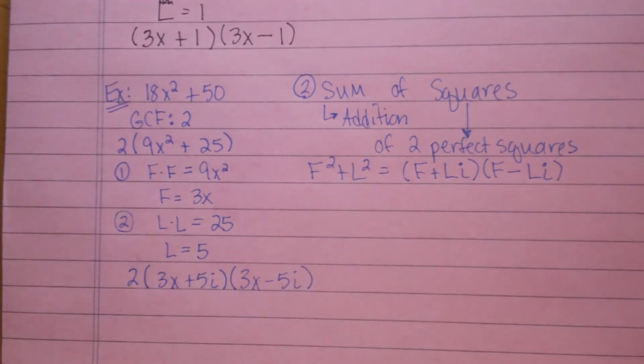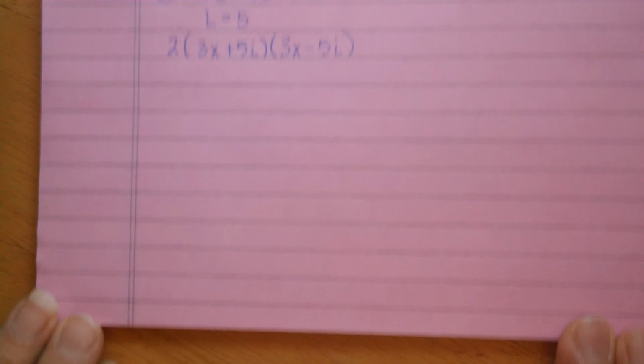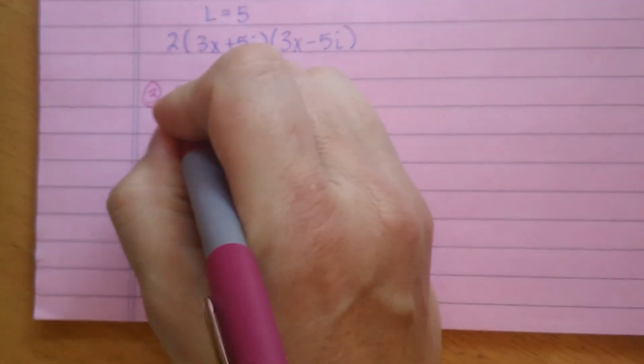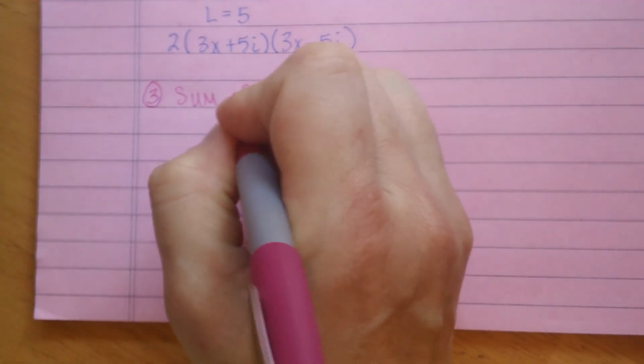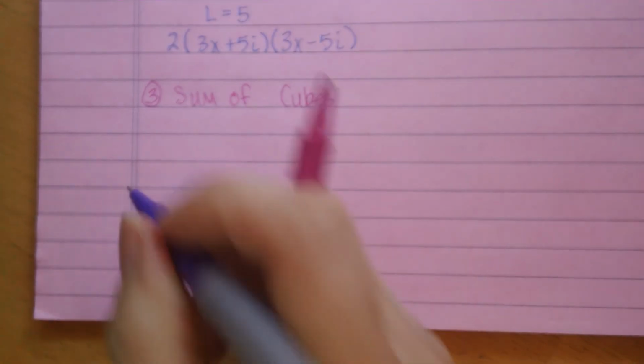Of course, you can always check your sum and difference of squares by foiling them, and you should end up with the original problem. The next two patterns are going to be sum and difference of cubes. And we'll look at those at the same time. Sum of cubes and difference of